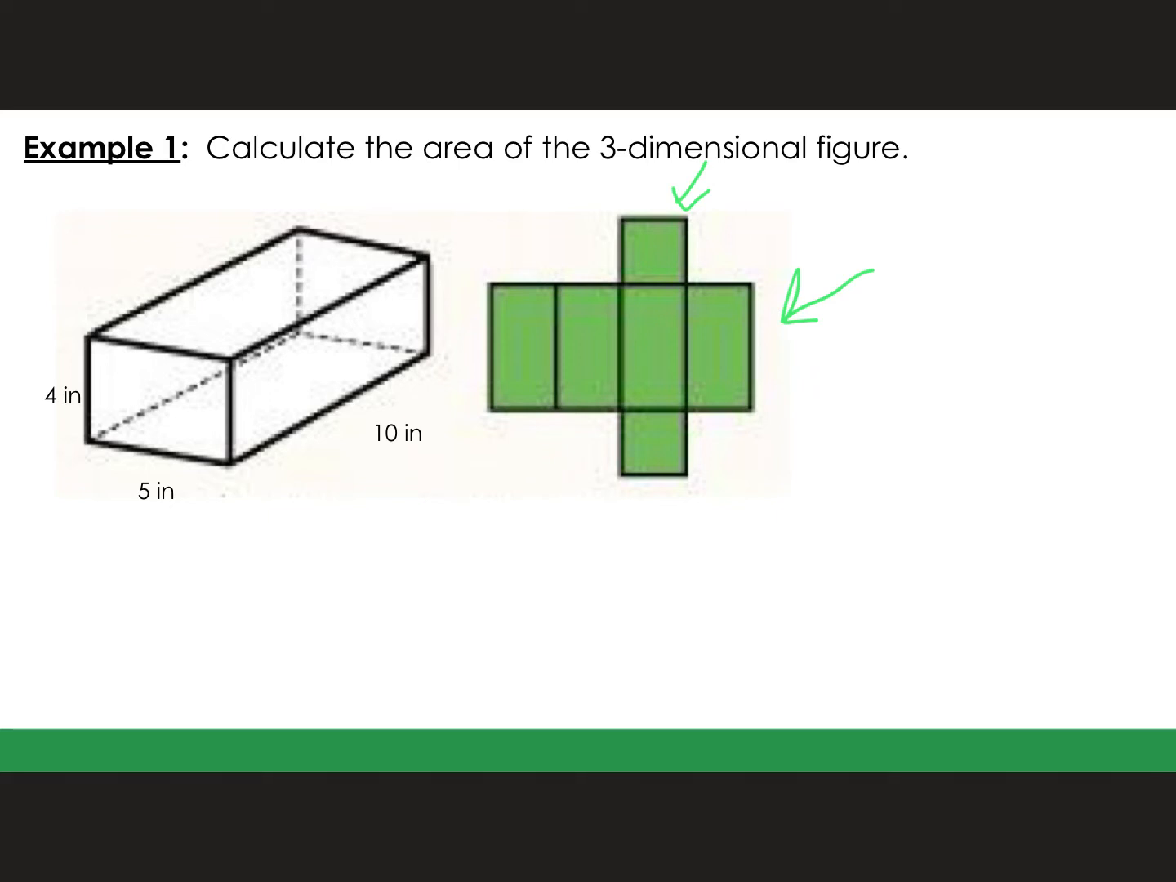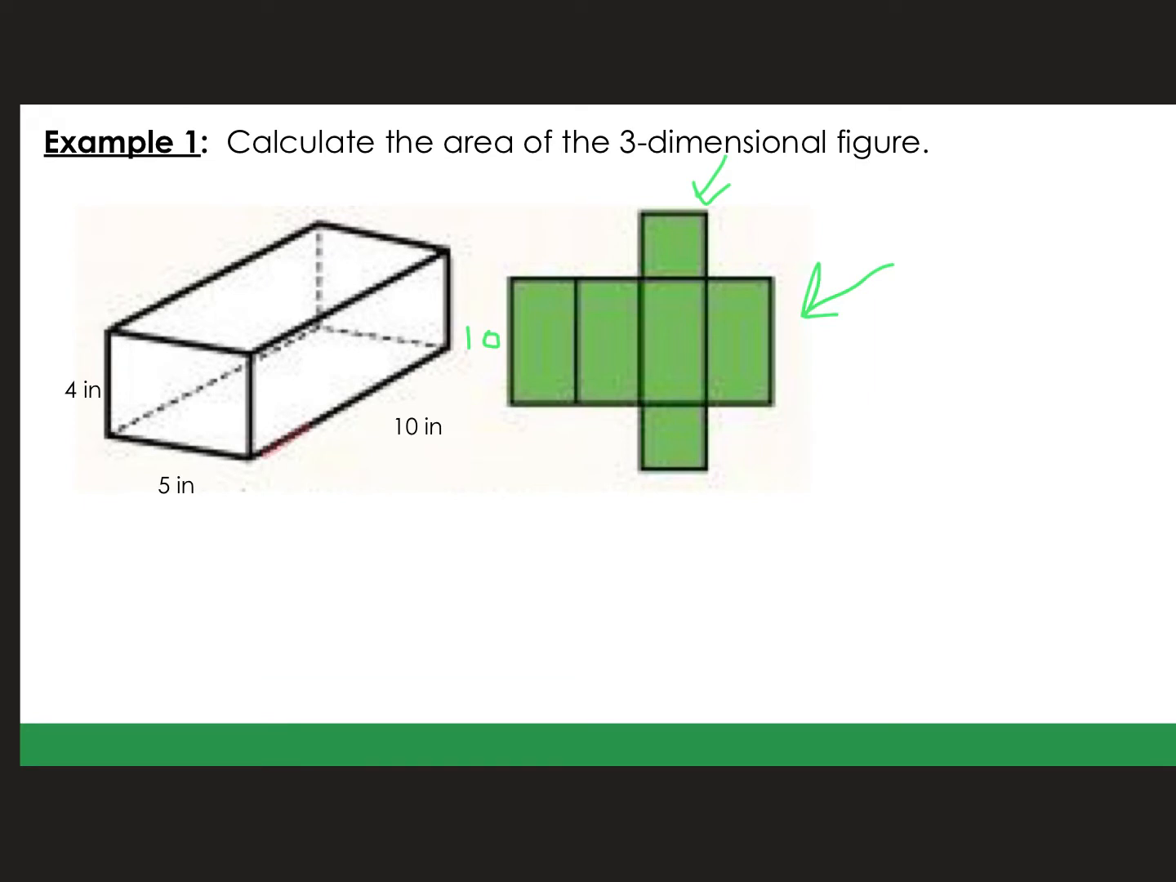So we need to label what we know. So the big ends here are 10. If we unfold it, we have to figure out what's on each one of these sides. So 10 was the easy one. That's this one right here. It's the long edge. It's going to be the long edge on each one of those. Now we need to figure out the shorter edges,